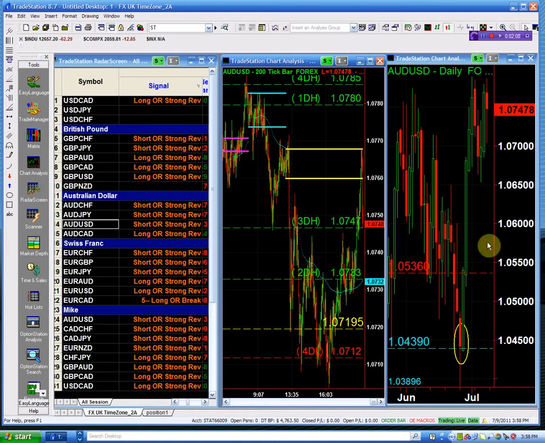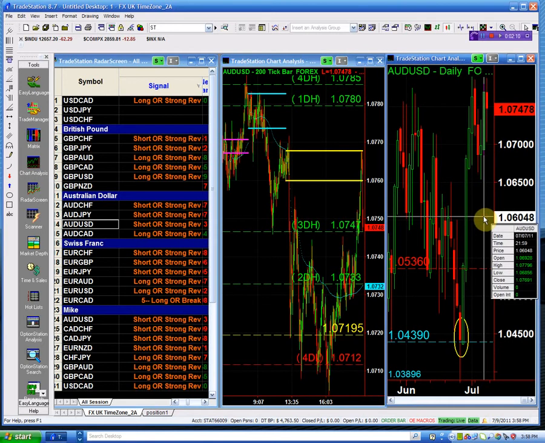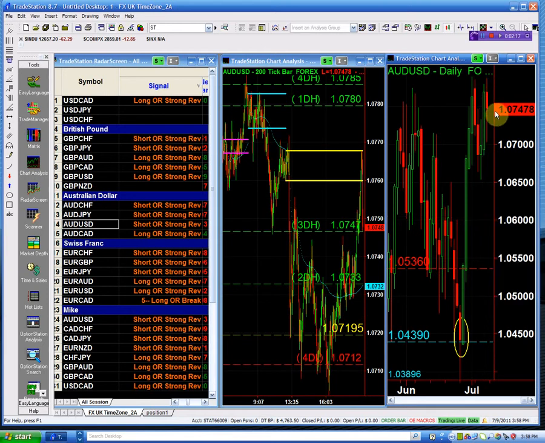This is 177.96. So right now as it stands, I do have a sell signal on the Aussie. So I'm going to buy it above when it gives me a buy signal. The first buy signal I see